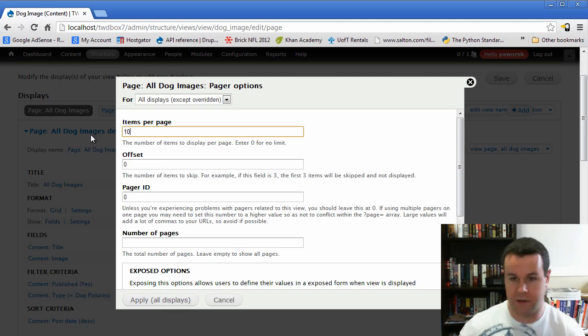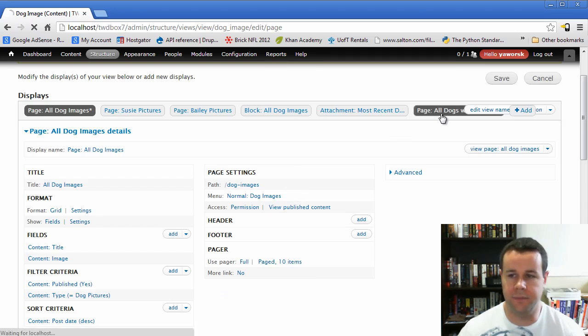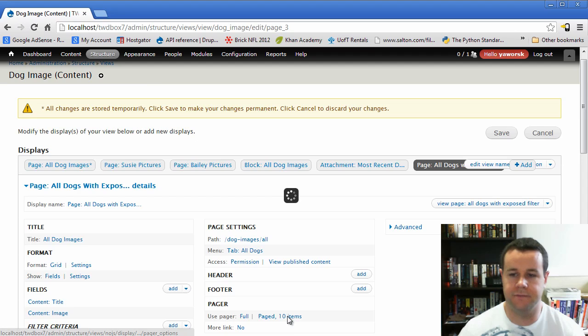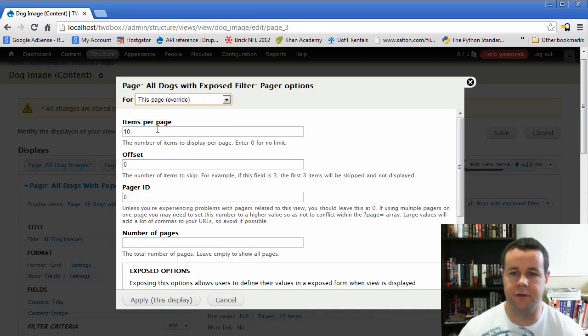Sorry, that's why you always have to be careful, so we'll put that back to 10. Remember, we've got all displays here, except overridden. So if we go back to our dog images, when we go to paged here, the first thing we have to do when we're dealing with multiple views is make sure that we override. So we overrode, hit apply,